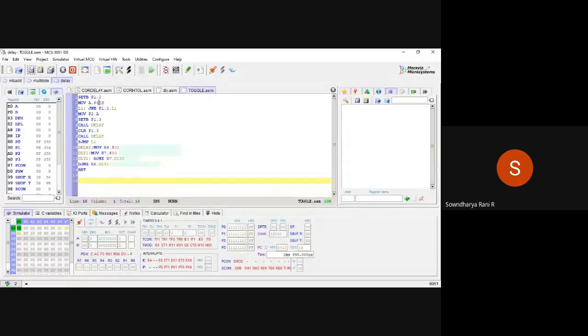Second bit, and then we are moving 45H to accumulator. We are going to check this second bit. Then you are going to put A into P2. Then you are going to set the third bit of port 1, call a delay, clear the third bit of port 1, again call a delay, and you are going to continue the program, right?